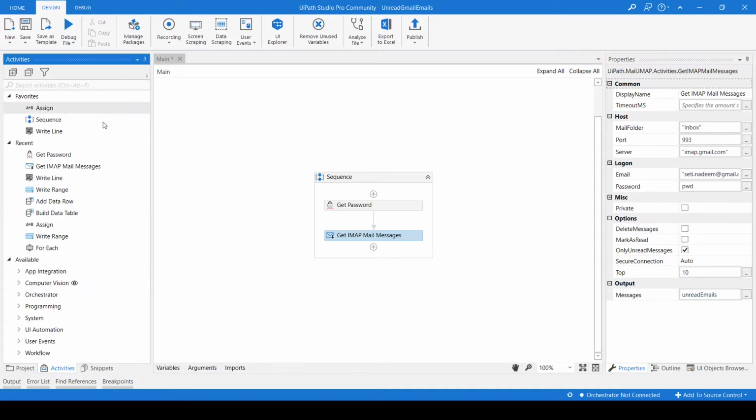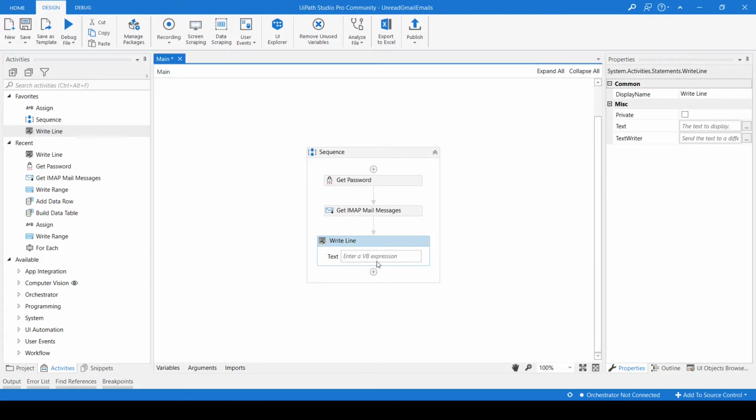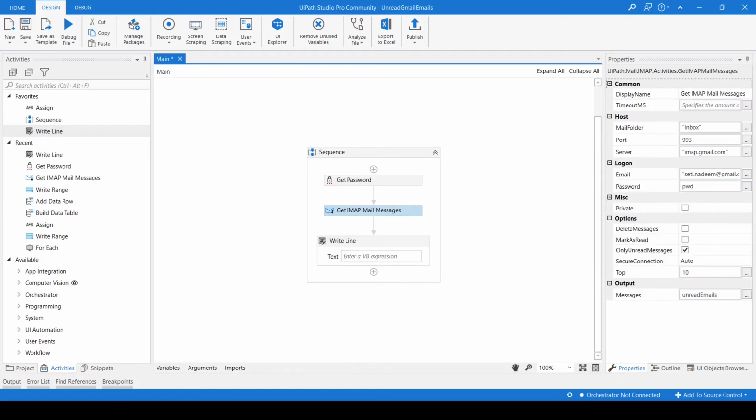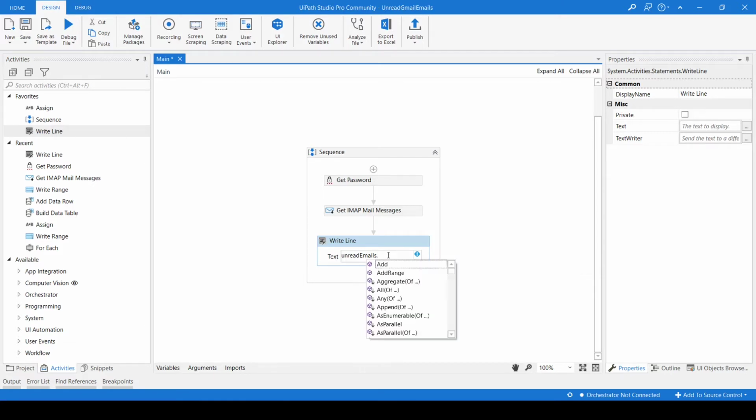For this I will use the WriteLine activity, and we can collect those details from this variable itself, because it has all the values, all the emails that are unread. So we can directly pass this variable here, and when we put a dot and press Ctrl+Space, we have lots of options.